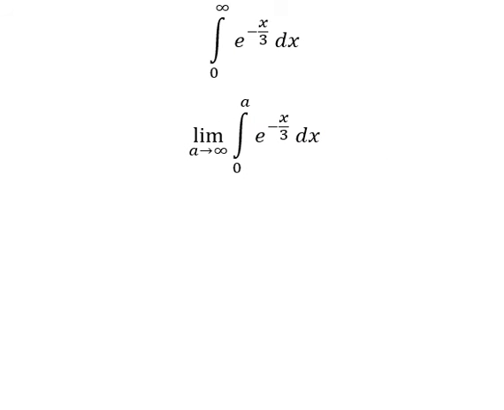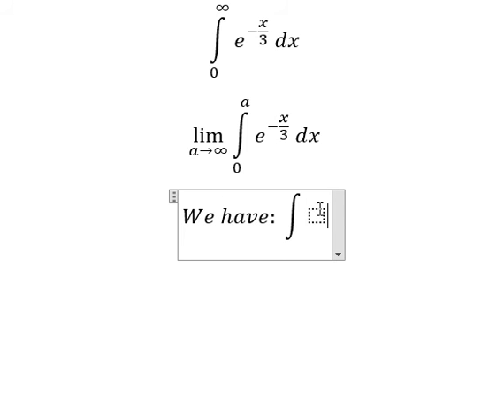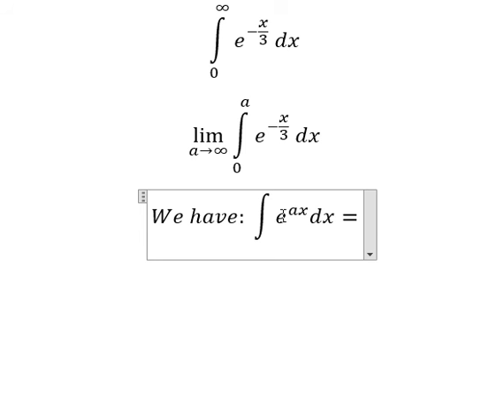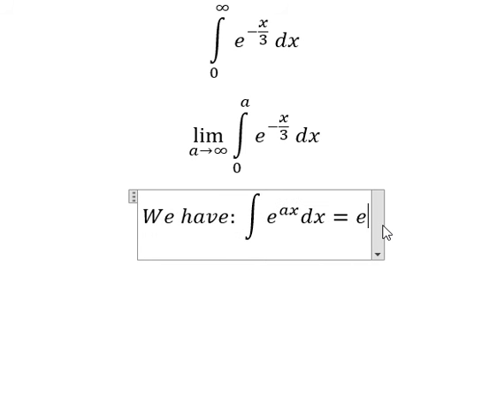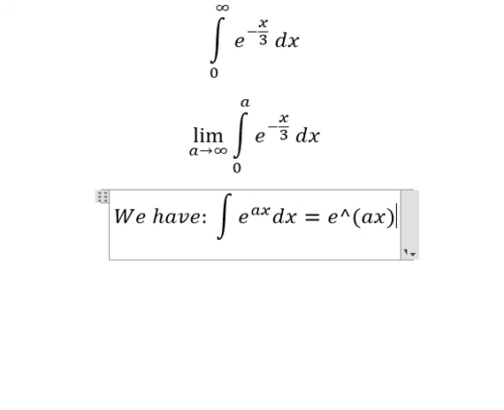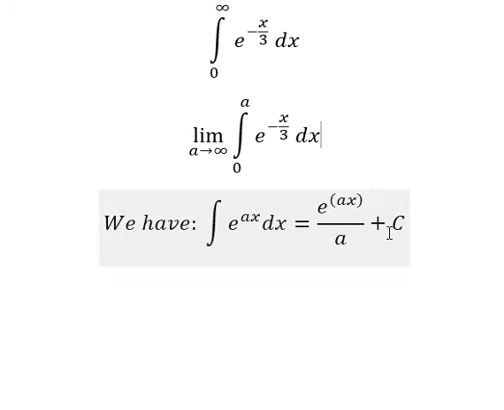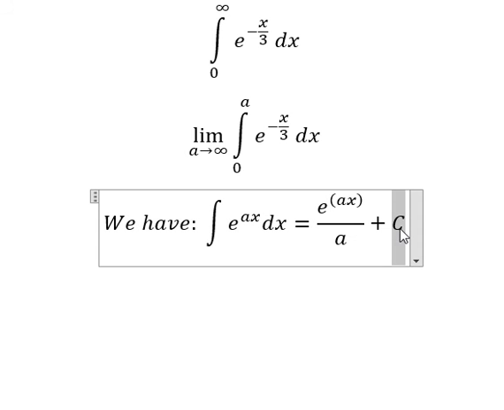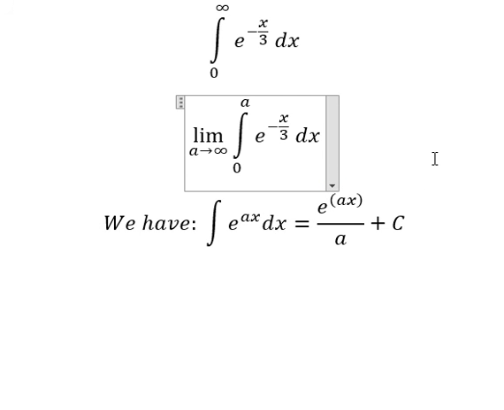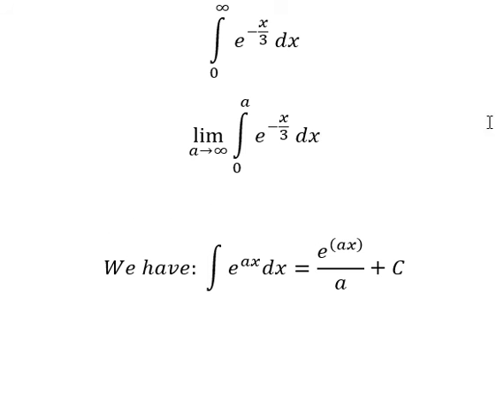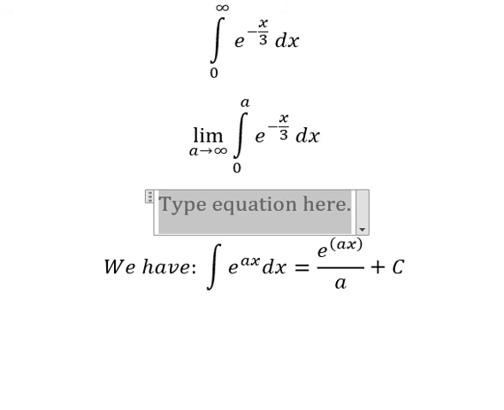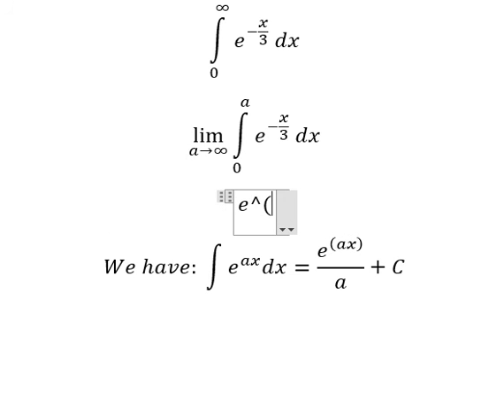Now we have the formula in here. The integration of this one, we have e to the power of ax over a, and I will put c, and this is the constant. So we can apply the formula in here, and that should be e to the power of negative x